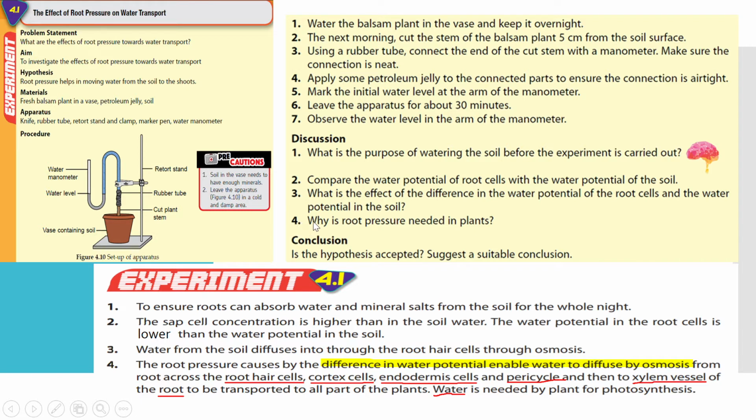And then the fourth question you need to answer is, why is this root pressure needed in plants? Is it essential? We've discussed root pressure, this action, in our previous video. So why is it needed? First, what causes root pressure? It is because of the difference in water potential. Since we're talking about osmosis, there are two compartments with a difference in water potential, so this enables the water to diffuse by osmosis from